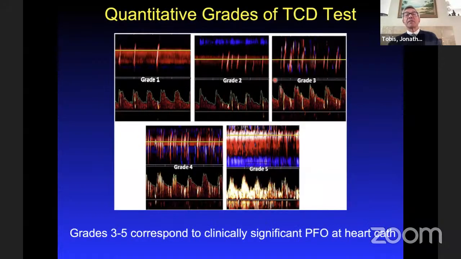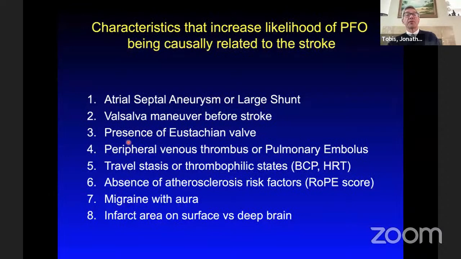This is the grading scale for transcranial Doppler. Grades 4 and 5 are very large shunts, but we've seen people with PFO strokes who have a grade 3. If it's grade 1 or 2, then it probably is a pinhole PFO. So I use the 20% incidence of PFO in the population because that's grade 3, 4, or 5. Whereas if you use autopsy probe patent, then you get about a 30% incidence of PFO in the population.